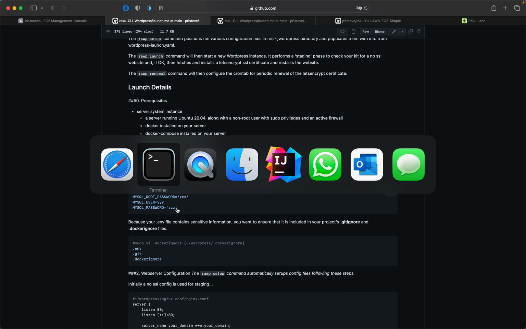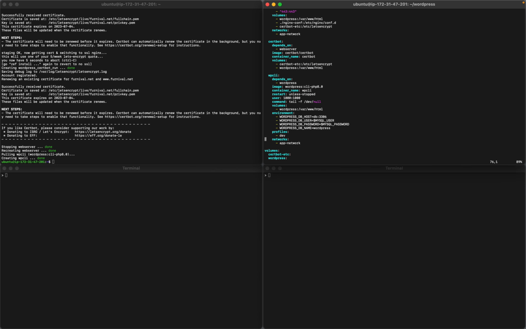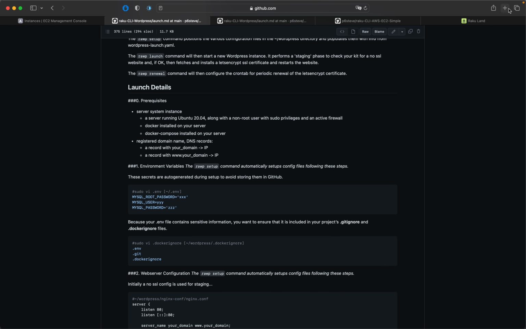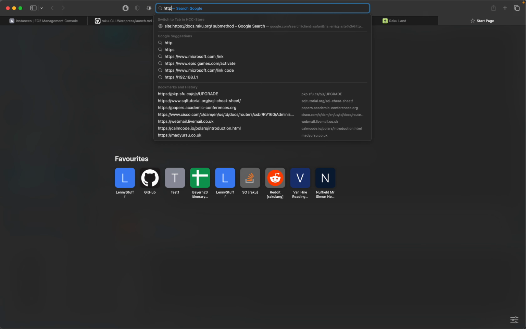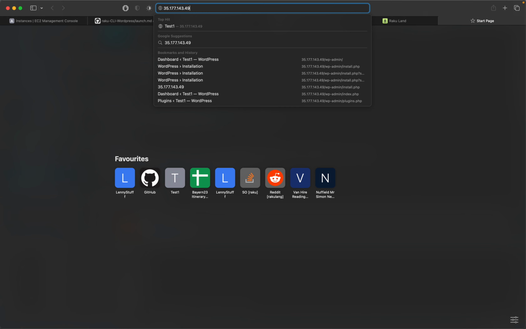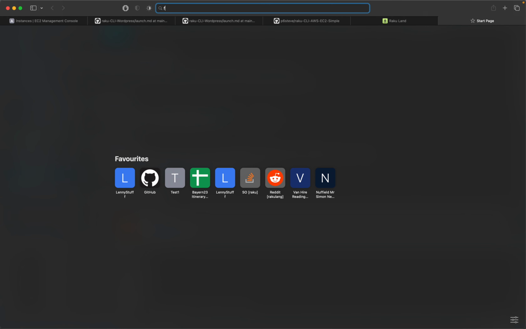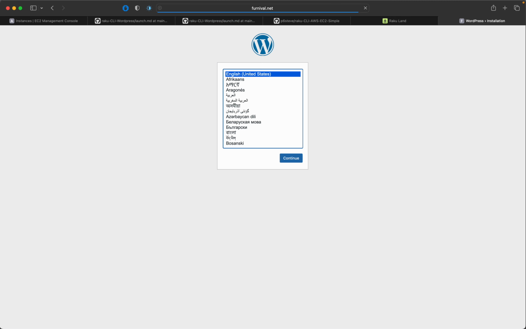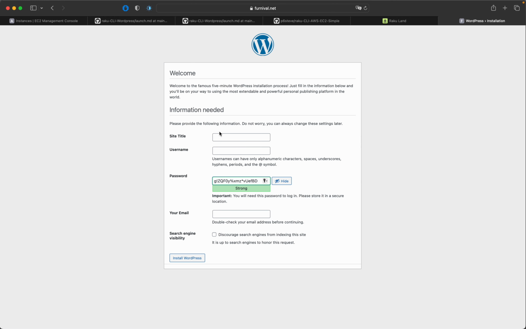And now, hopefully, if I go back to what was that? It's rawp ec2 ip. I think that gets me the IP address. Yep. That's going to tell me where to put my browser. And then I'm going to go over to a new browser window and just put in the IP. Nah, actually, I had a domain name. What am I doing? Obviously, a prerequisite is to have your domain name pointing at your elastic IP address, and then I can come in here and set up a new